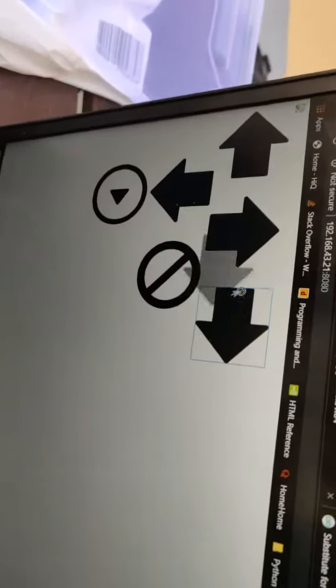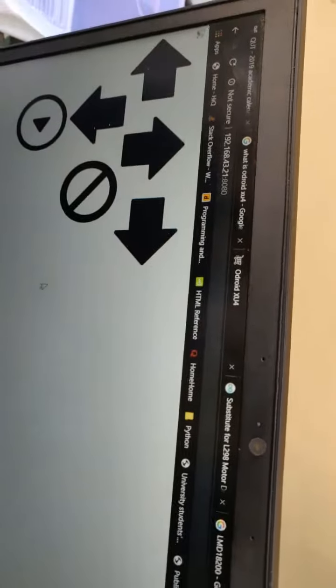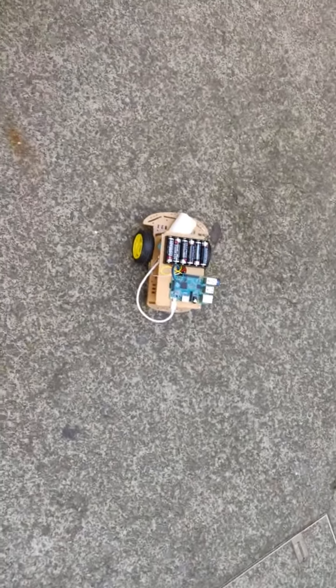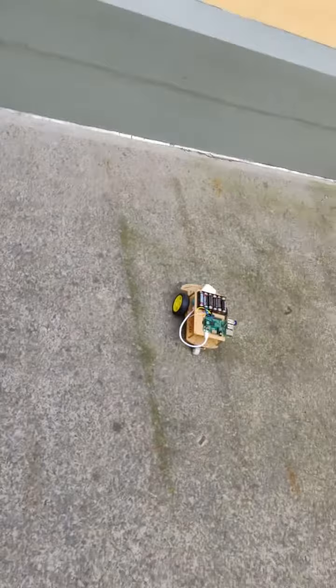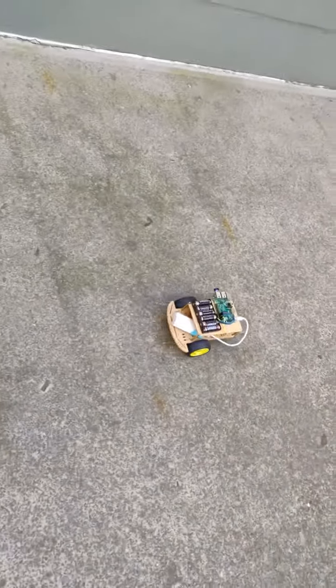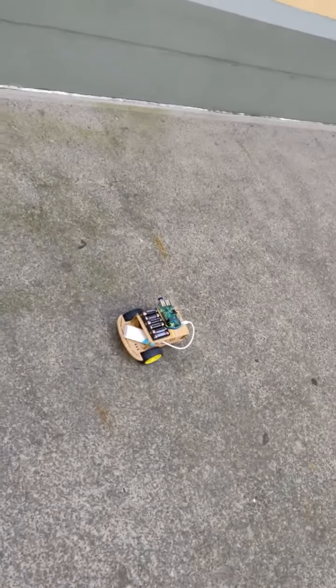Now we have started hosting our server, and these arrow keys are already working. We can see that as my friend presses the arrow keys, our robot starts moving at its own pace. If you press the arrow key for the first time, it will start moving slowly, but as my friend keeps pressing it, it will do the action according to the user. Now my friend is pressing the backward key and the robot is going backward,